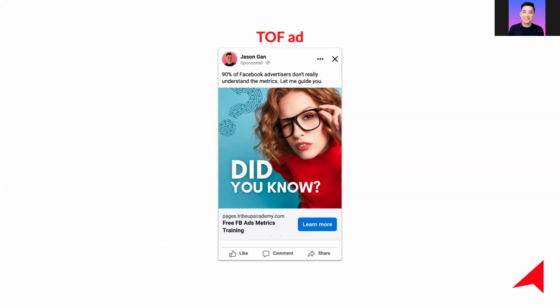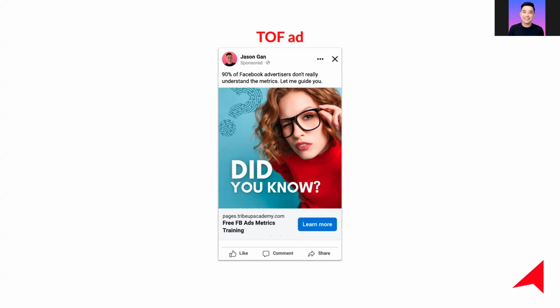And of course, we do hope to get good conversion with this, but we don't really beat ourselves up over it. For example, if this is an e-commerce, as I mentioned just now, we do not expect the top of funnel campaign to get a lot of good conversion, because nobody would actually buy the first time they see your product, but we want to get these people in at the lowest cost possible. So the effectiveness of this top of funnel ad really matters because we really want to get people in at the lowest cost possible.